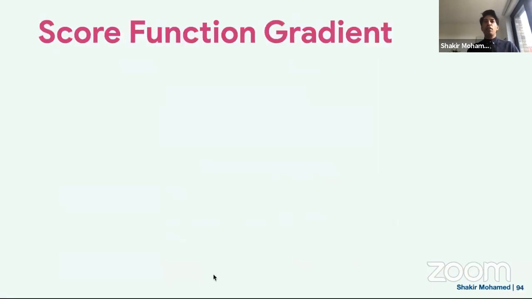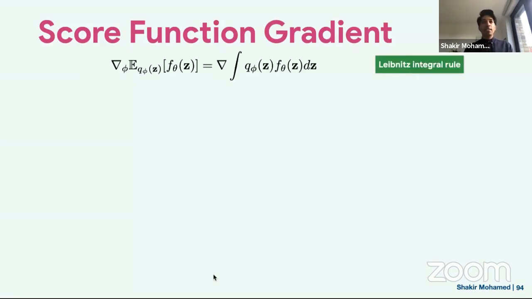So the score function gradient, let's derive it together. If you have some paper, let's scribble this together. We'll go through it a bit slowly. This is the integral problem, which says the gradient of an expectation of a function f under some distribution Q, and let's take the gradient with respect to phi. I'm just going to expand the expectation notation as an integral. So it's the gradient of an integral